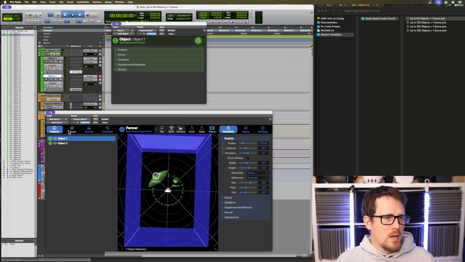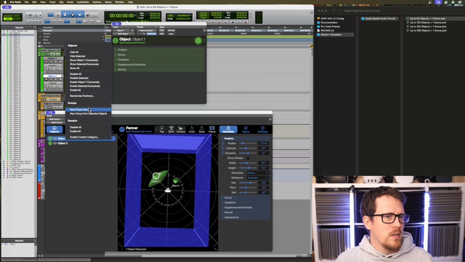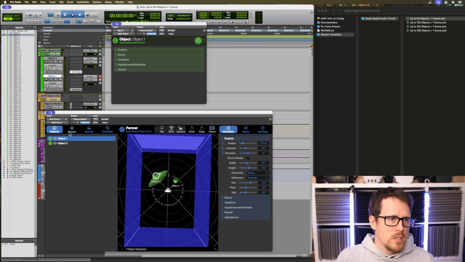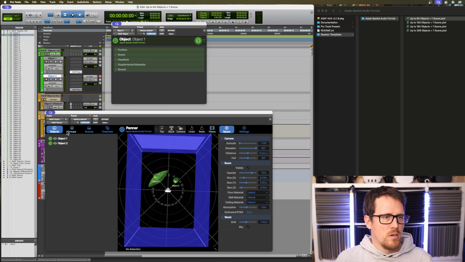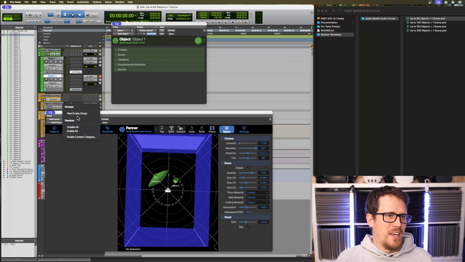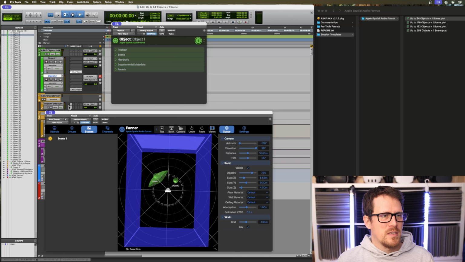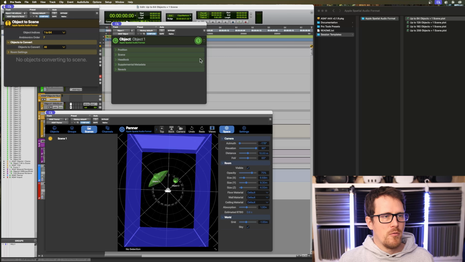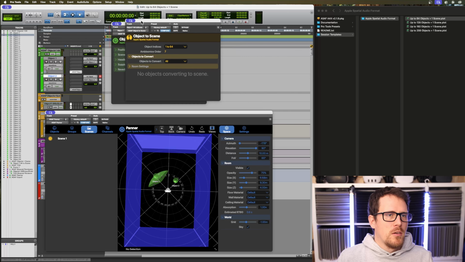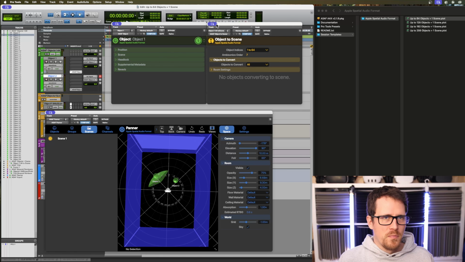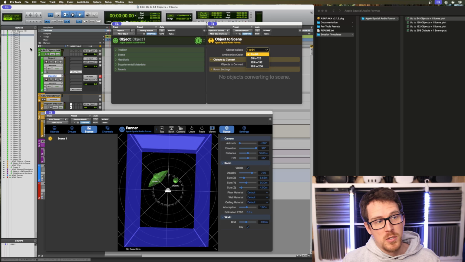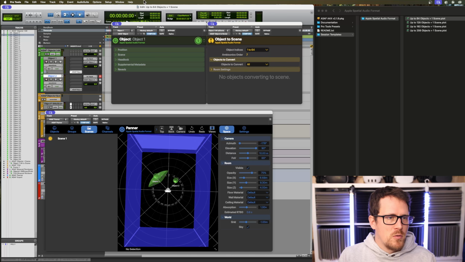And let's go through it step by step. You have pretty much categorized your objects. You can even go inside and create more groups and enable and disable whatnot, and probably switch your objects on and off. Then you have groups. As soon as you create groups, wow, there's a group. And then you have the scenes, and we will get to the scene renderer in a minute. Or we could do it right here. It's not too exciting. It probably just takes those up to 64 objects and converts them to a scene.